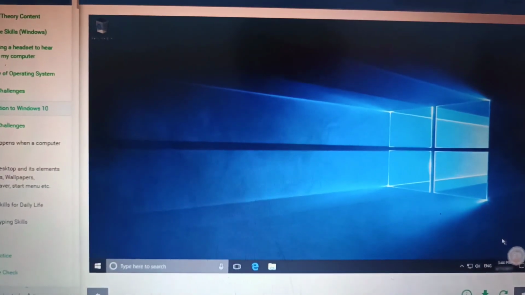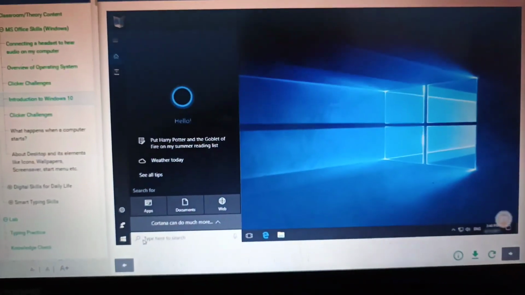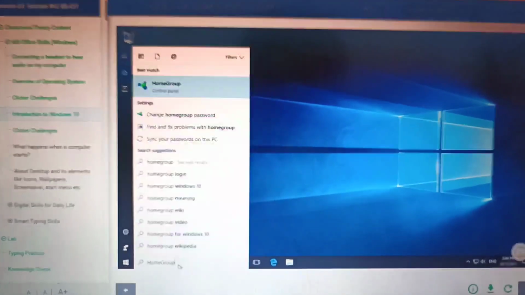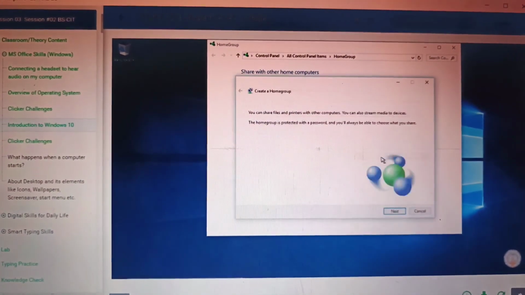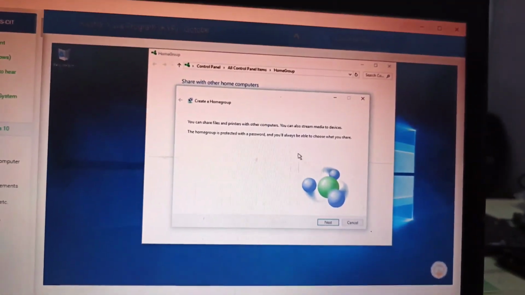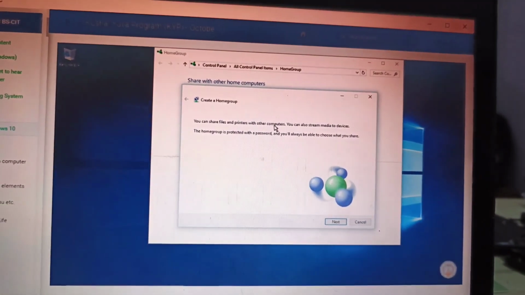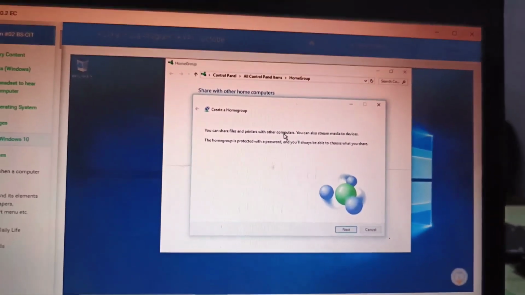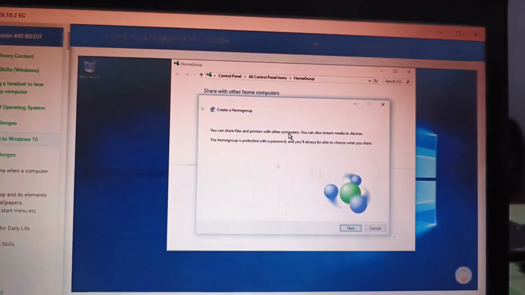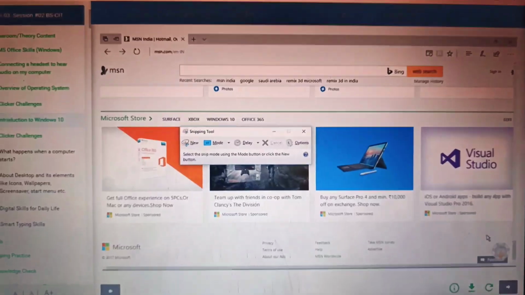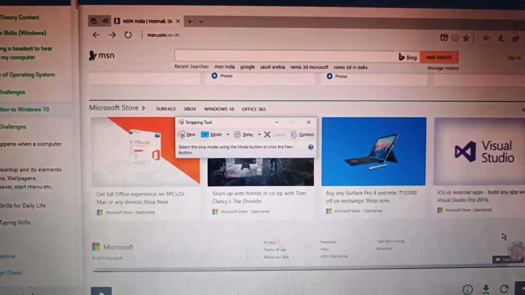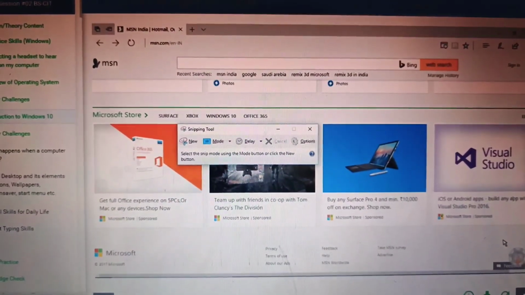Microsoft has consolidated the most common network-based sharing tasks into a single simple interface called Home Group. Computers in a home group can easily share documents, digital media files, and printers over a home network. The snipping tool captures a screenshot of anything on your desktop, like a picture or a section of a web